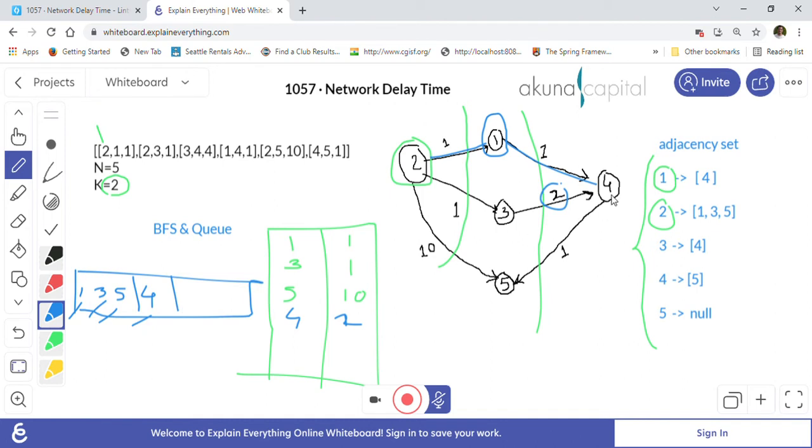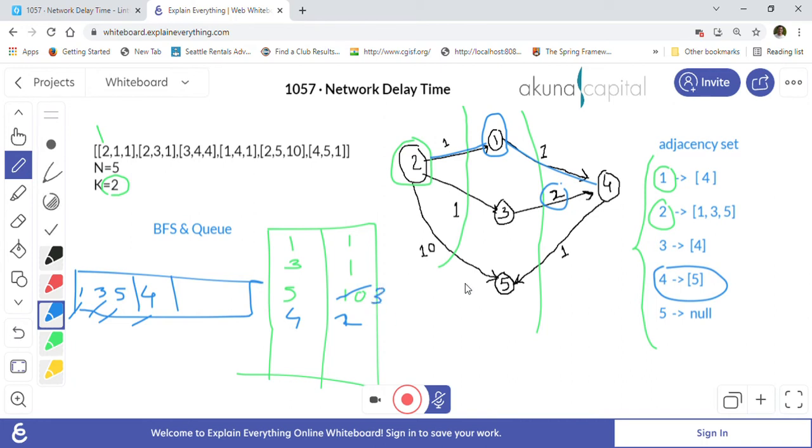and we will check its adjacency, which is 5, right? Adjacency of 4 is 5. So we will visit the node 5 here, because node 5 will be this 4 plus 1, right? Which will be 3. Now, instead of 10 that we had seen previously, 5 at 10 is already seen, so we are getting a better result than this. We are now getting 3, right?